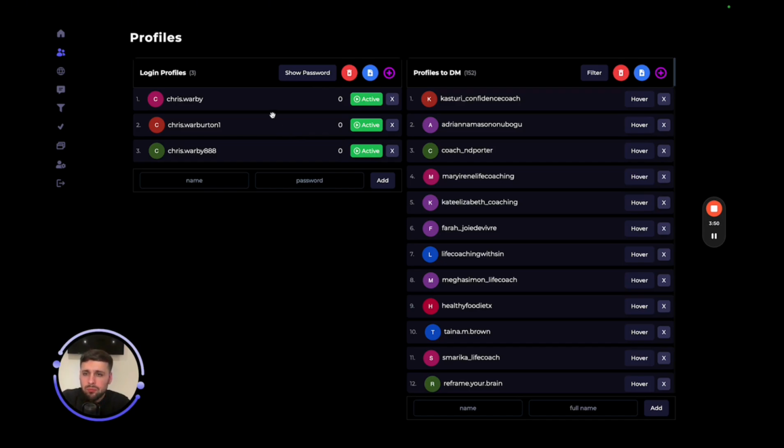Now, to warm your accounts up on this as well, you can add them in separately and then slowly warm up over time. Because if you've just made an Instagram account, or you've bought an inactive account that you're going to warm up for the purposes of outreach, you're going to need to warm it up, right? So maybe 5 DMs per day for the first week, and then adding on slowly, and slowly scaling up from there.